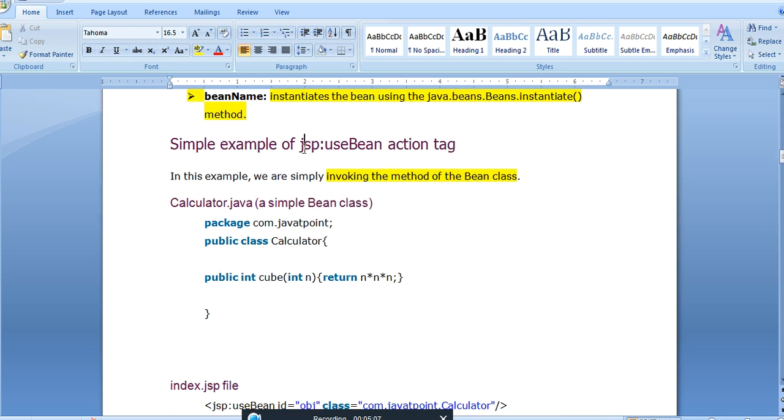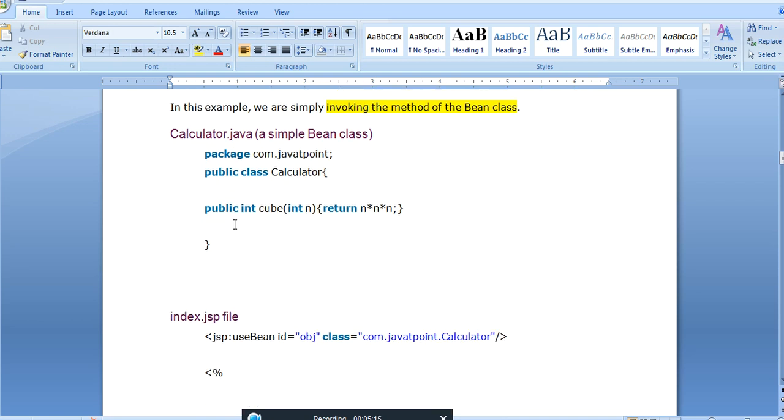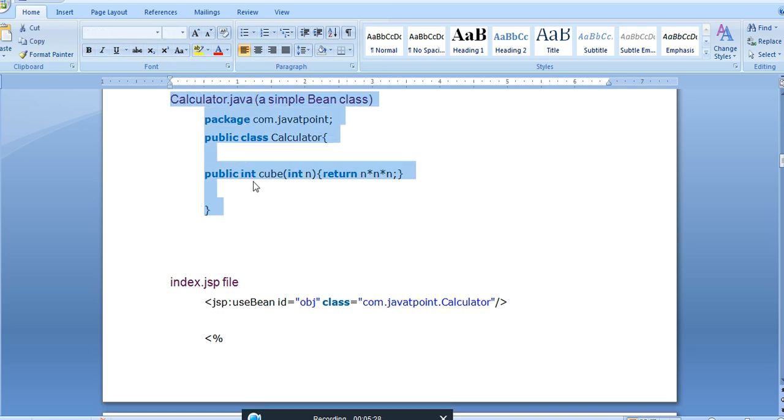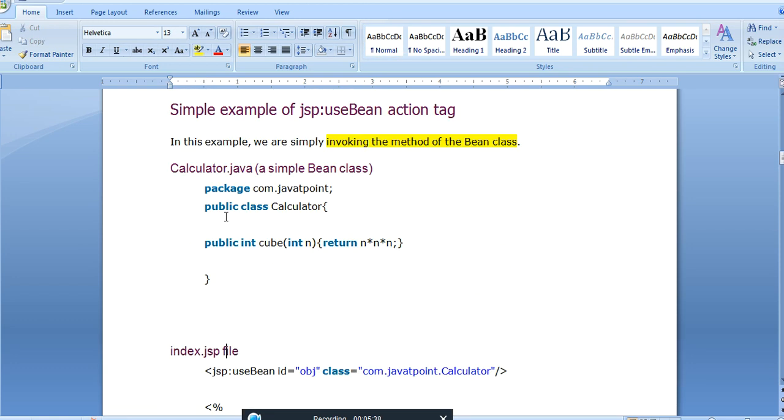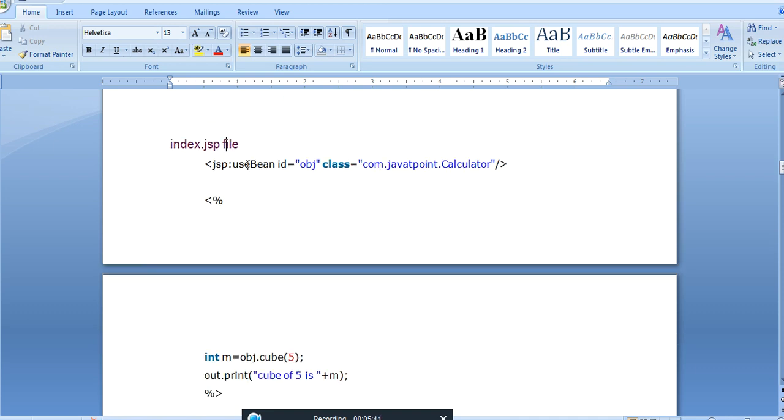Now a simple example of the JSP useBean action tag. In the example, we are simply invoking a method of the bean class, how exactly the bean class is created, how the application works, and how that bean class object is created and executed. Calculator.java is a simple bean class. It contains the code for the cube method; the calculator class has its own method, that is cube. Now the index.jsp page contains the useBean with id is obj, class is